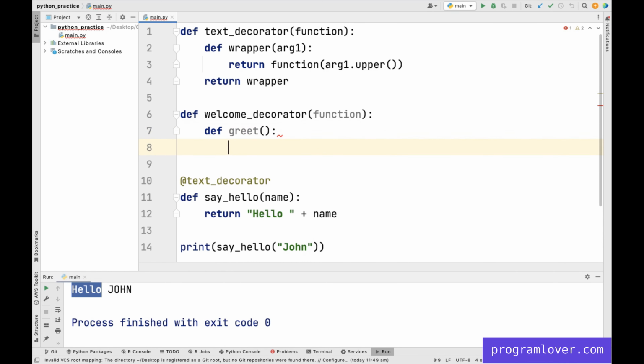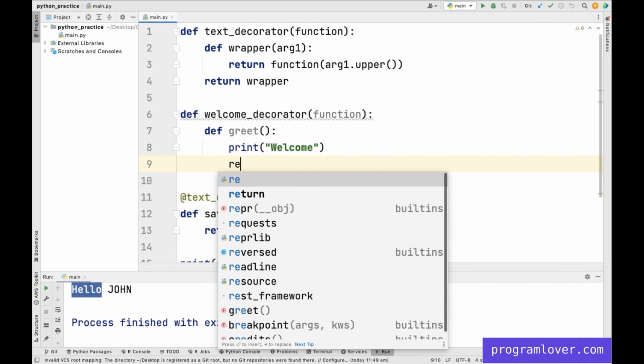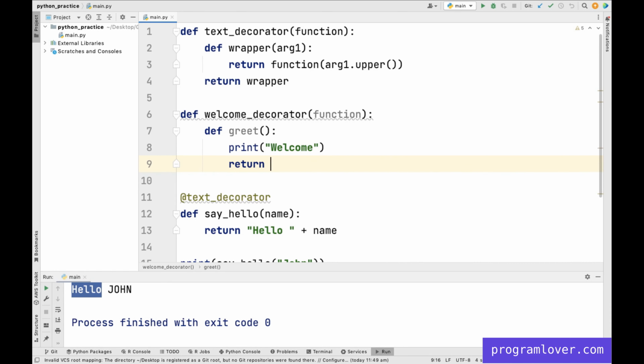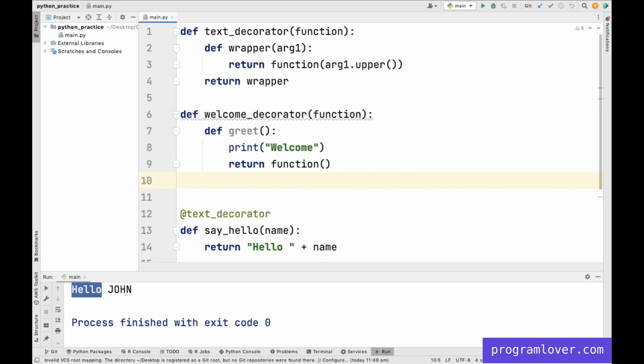And in this greet function we print welcome text. And from this greet function we return the function input argument. And then we also return the greet function from welcome decorator.